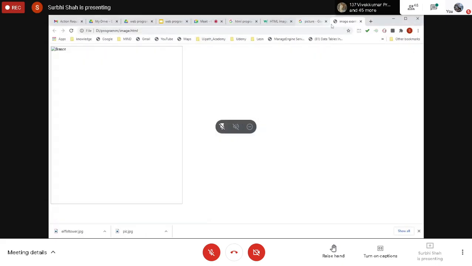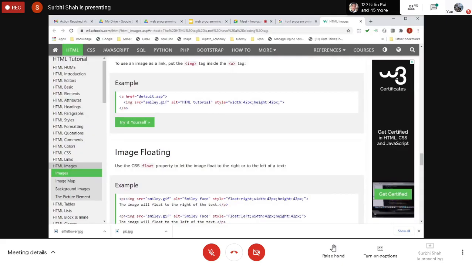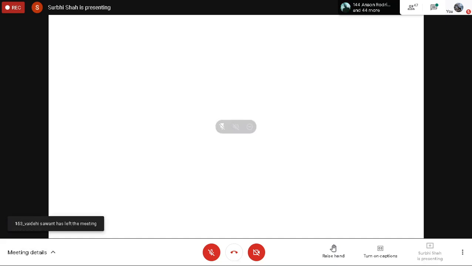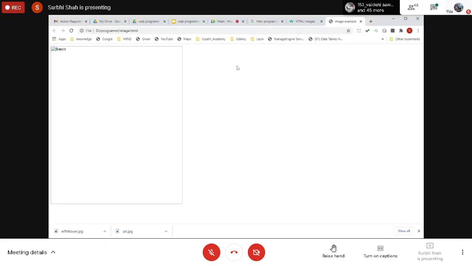This picture is not getting opened. Why? Because the code that we have written over here is not valid. This is an image code.